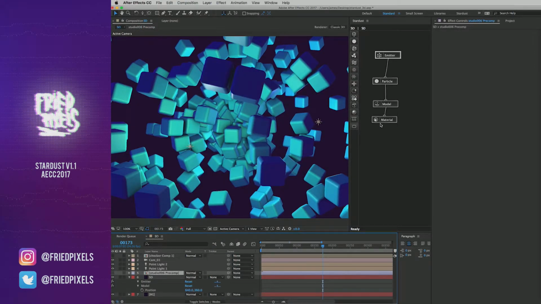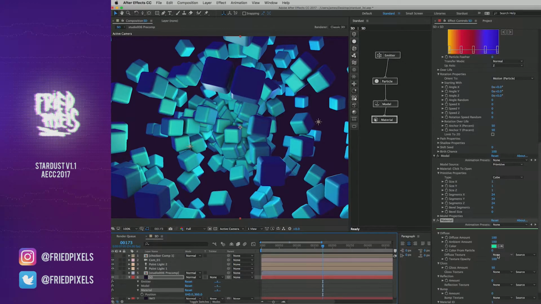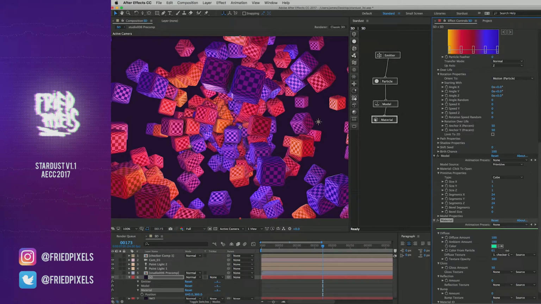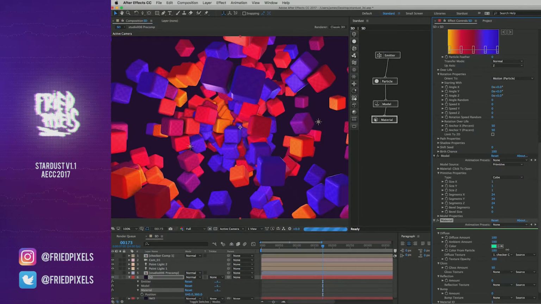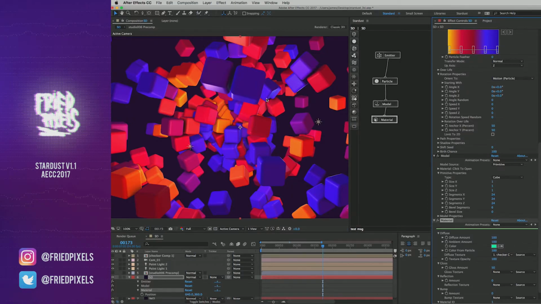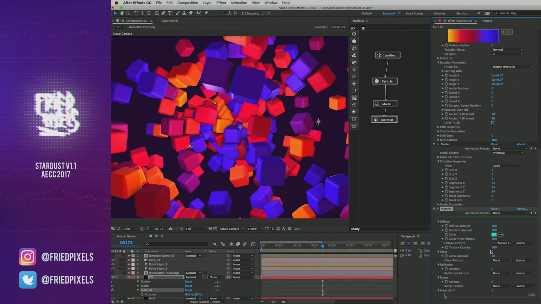So there's our checker. If I drop down to material and I set that as our texture, you can see that we have that texture applied all over our cube. So now again, if I grab this color from particle and start turning this up, you'll see that it's blending between our texture and the gradient that we have applied up top. So you'll just have to take that into consideration if you're trying to do textures for the diffuse. But for now, I'm just going to set that to 100 to do the color from particle, and we'll just use that